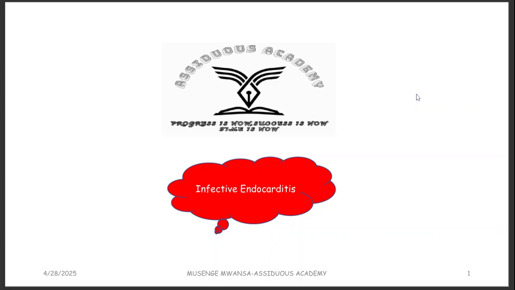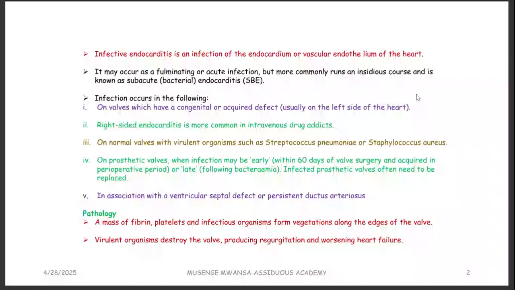So we are starting with infective endocarditis. Endocarditis is the inflammation of the endocardium. Infective endocarditis, even from the word infective, means that it is being caused by infectious agents. There can be other things that can cause inflammation of the endocardium, but here we are specifically concerned with infection. So infective endocarditis is infection of the endocardium or